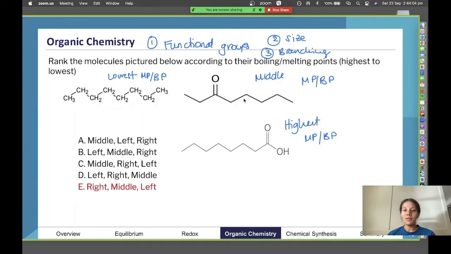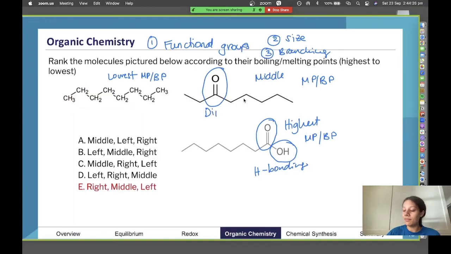Alrighty, so here the highest melting point has the strongest intermolecular force because we have our dipole here and we have our hydrogen bonding here. So we have H bonding compared to this molecule. This ketone here doesn't have H bonding, but it does have dipole. So that's the next strongest. And then our alkane over here has the lowest melting point because it just has dispersion forces. So we'll write that down too.